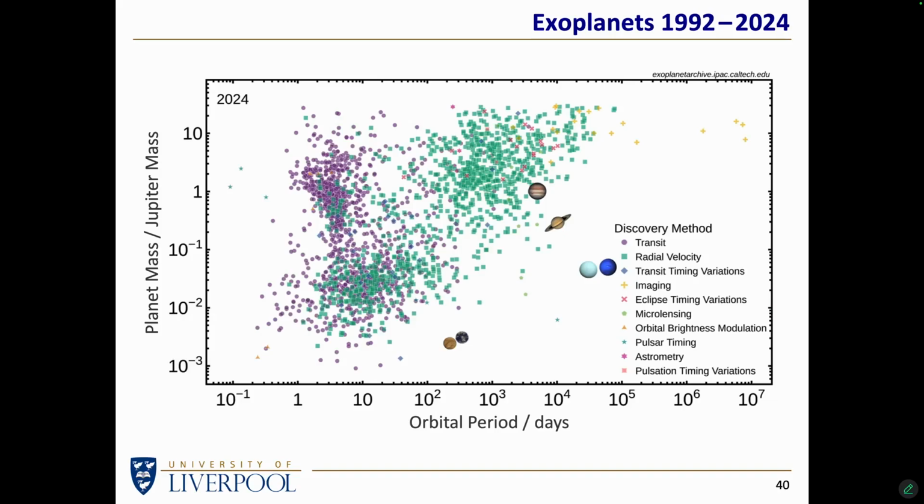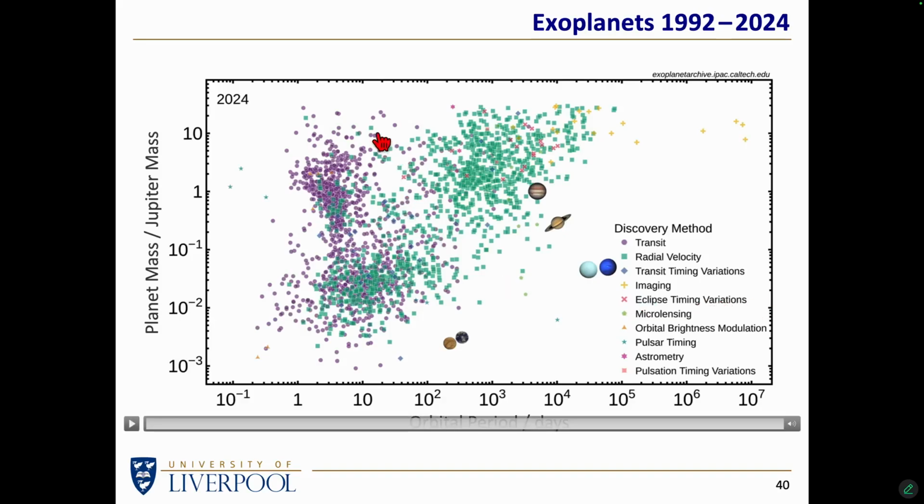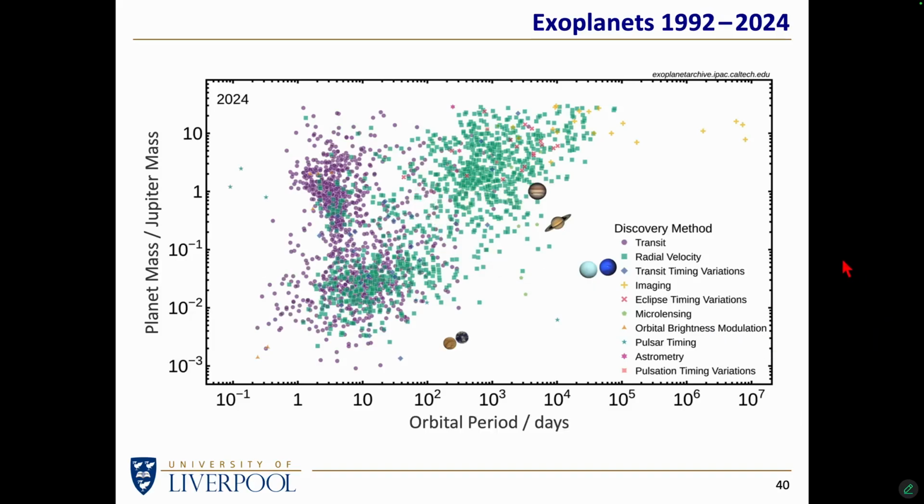It's tempting to say, well, none of them look like our solar system because they seem to be planets that are up here, massive planets, but closer to the star, or perhaps not so massive, but they don't all appear to be in the same place as the Earth. And there are some planets with the same mass as Jupiter, but they all seem to be closer. Why are there no planets out here? Well, bear in mind that this might be a consequence of the fact that